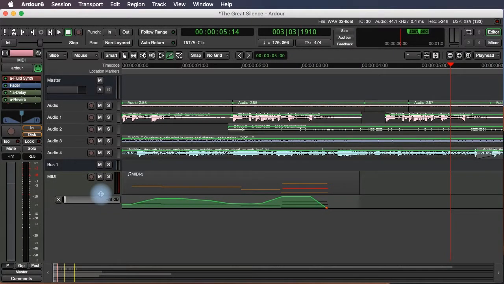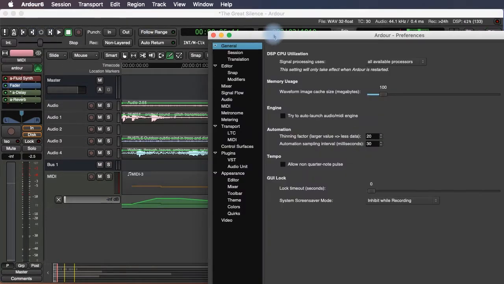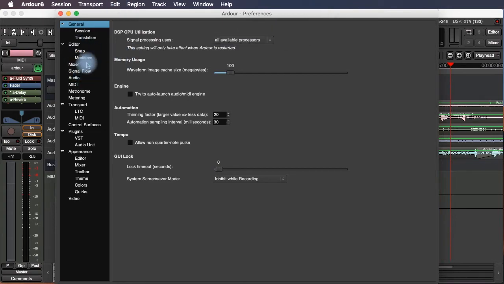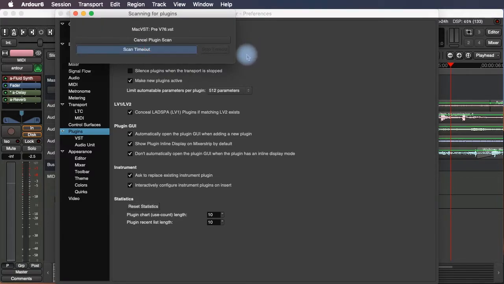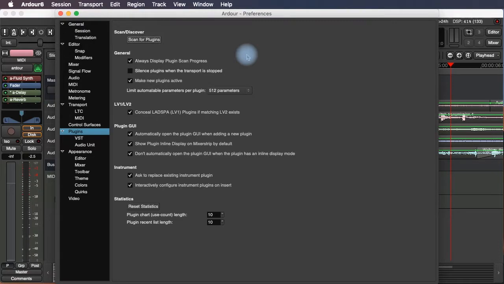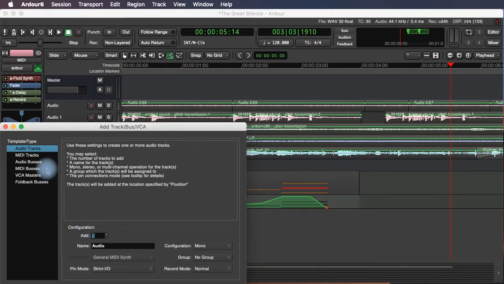Install the synthesizer you downloaded, the TAL Noisemaker. Follow the installation instructions for your platform. And then under Ardour Preferences, you're going to go to Plugins and say Scan for Plugins. Click the Scan for Plugins, and it will scan your computer for all available plugins. And if you've installed the TAL Noisemaker, it will find the TAL Noisemaker, and when you create a new MIDI track,